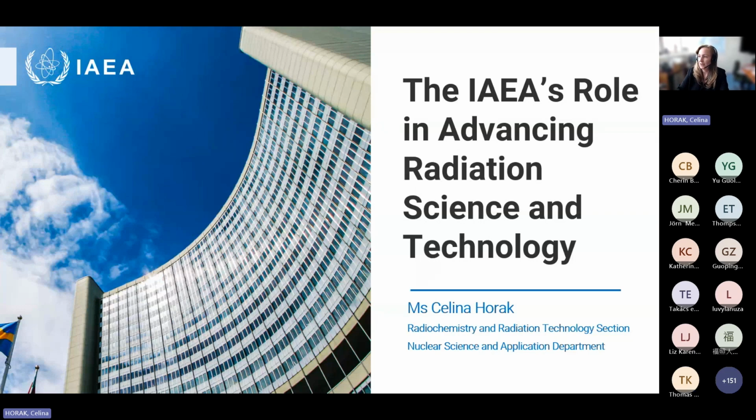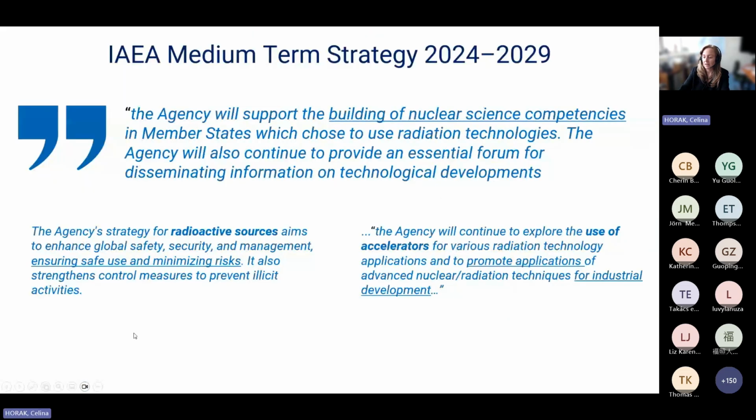Yes. If so, I'm going to talk about the IAEA's role in this radiation technology, and also why we are interested in this roadmap, because it's fully aligned with the programmatic activity the IAEA has. And part of our mandate is